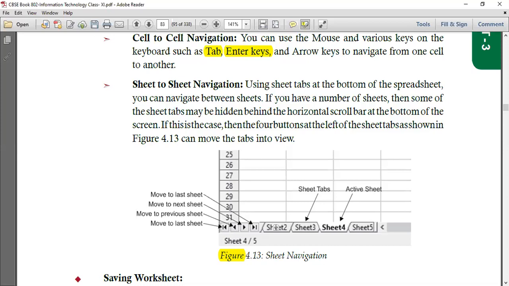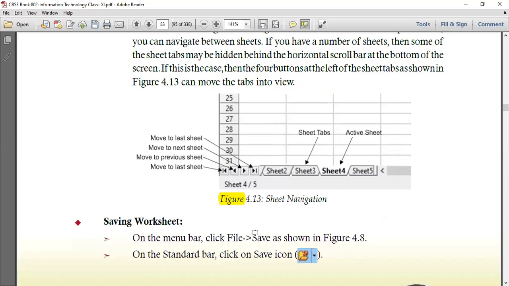ठीक है, this is important because sometimes we have many sheets in one file. We create, let's say, 10, 20, 30 sheets in one particular file. तो ऊपर स्क्रॉल बार की वजह से सारी की सारी शीट्स विजिबल नहीं होती हैं, so they always try to hide behind the scroll bars. तो आपको ये arrow keys की जरूरत पड़ती है just to keep showing all sort of these sheets, right?